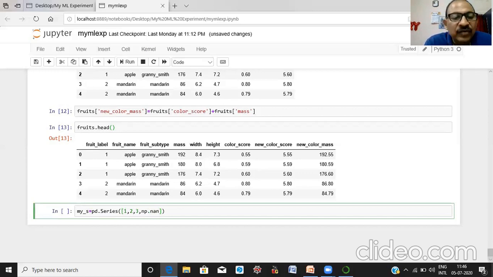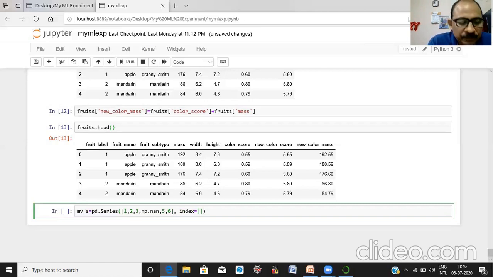No values are defined for this. Next is 5, next is 6. Here you can also give the index of these elements.